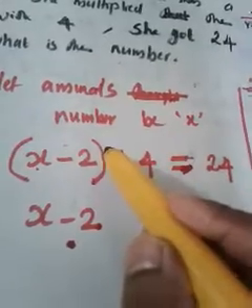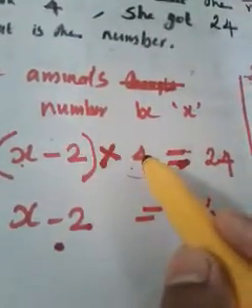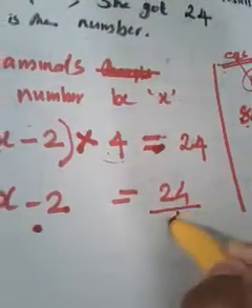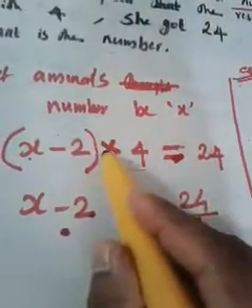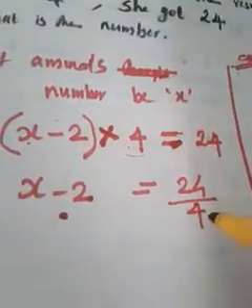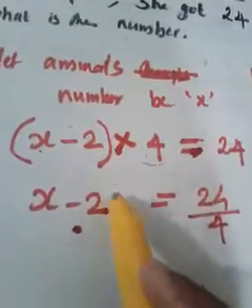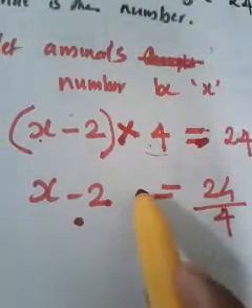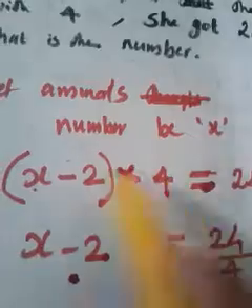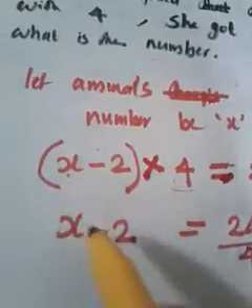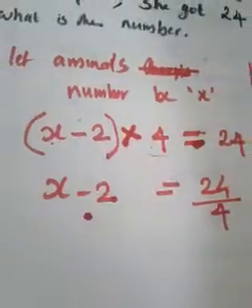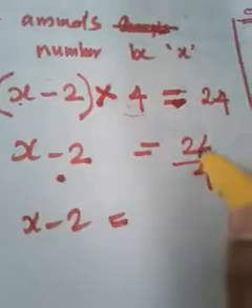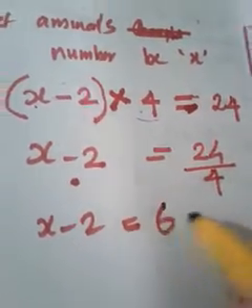And what I'm going to do is take this 4 to the right side. This 4 is multiplied with x minus 2, no? When you take this 4 to the right side, it becomes division. That means 24 by 4, because 4 is multiplied with x minus 2. You can ask me, why are we not giving a bracket here? Because now x minus 2 is free, no? Here, is there any number? No. Since we had to multiply x minus 2 with 4, I gave a bracket. If x minus 2 is free from other numbers, you don't need to give a bracket. Now x minus 2 is free. So x minus 2 we got as 24 by 4. 24 by 4 is what? 6. You may have understood.